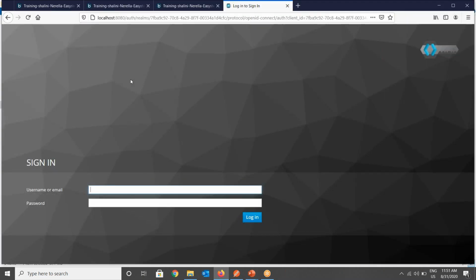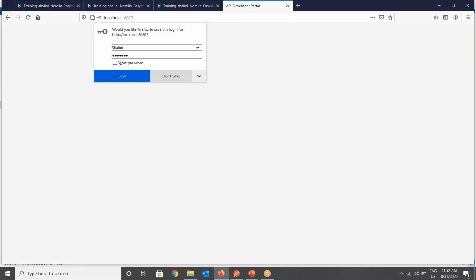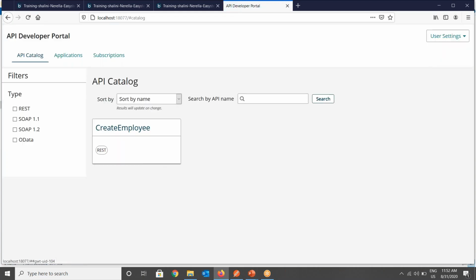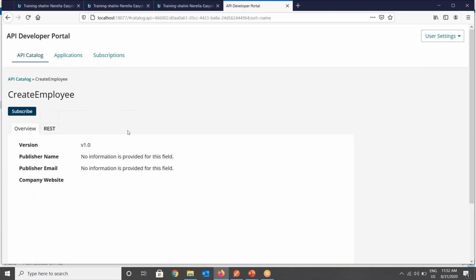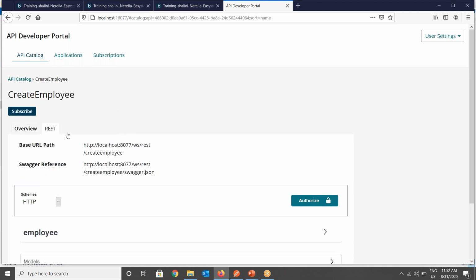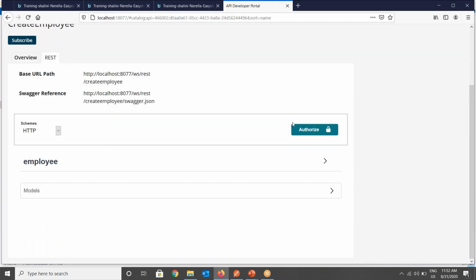As you've seen, I have added myself as a user to the authentication source. I need to provide those credentials here. Say login. Because in the gateway settings in developer portal, we have added the basic authentication source, for that reason it asks us for the credentials, and I need to add the username and password that was given to me when added as a user. Okay, so here you can see the API catalog. It lists out all the APIs that it is having. Under rest, you can find the base URL path, the Swagger reference, and